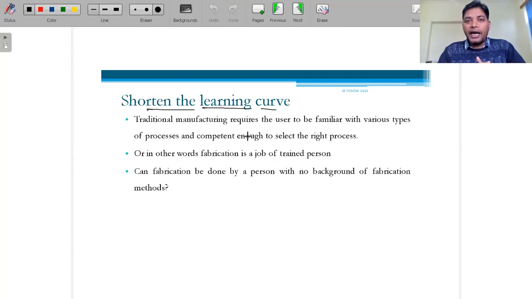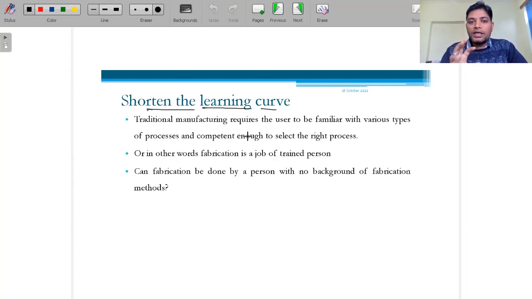We are making basically a CAD model, and that CAD model is saved into the STL format, just like how we save files into PDF, JPEG or PNG files. Similarly, there is the STL format. I will explain what this STL format is later on. So we are just saving that file into this STL format, and then we are using the 3D printer software.